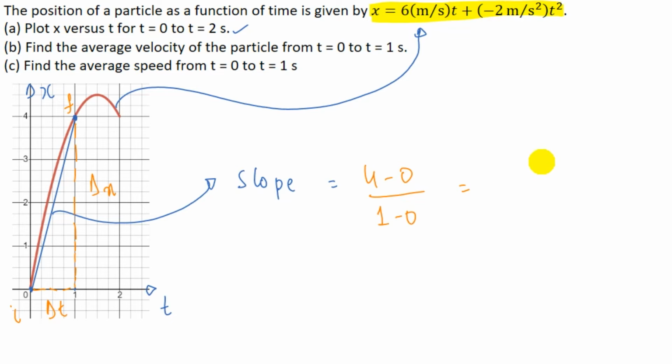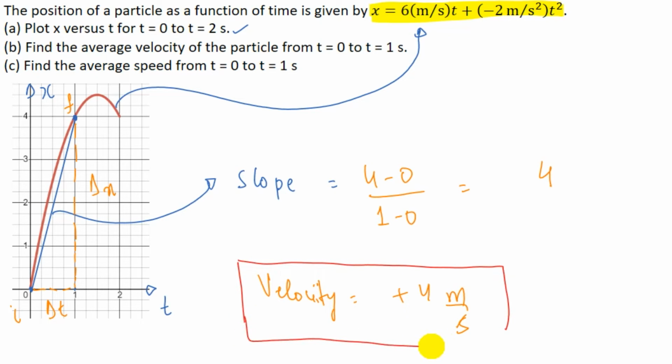So this would be equal to 4, and since slope is positive, velocity is also positive, and it would be equal to plus 4 meter per second. So this would be the average velocity of the particle